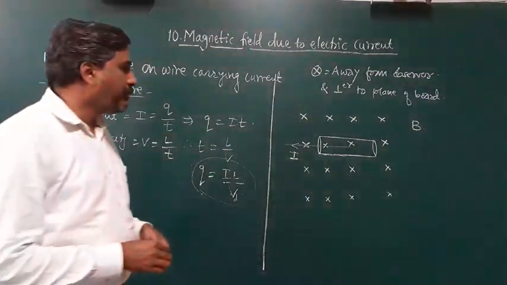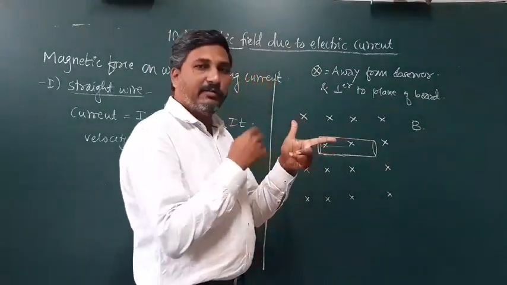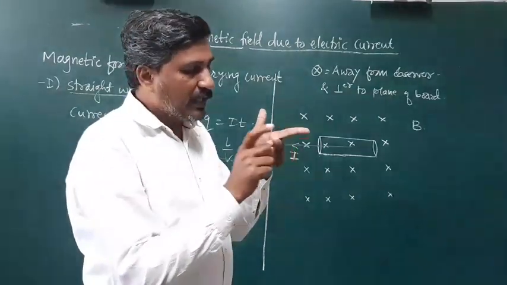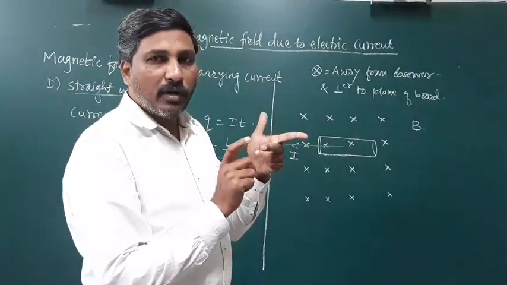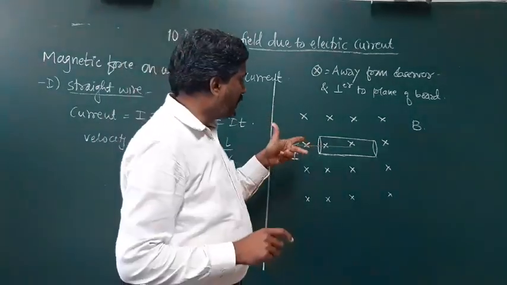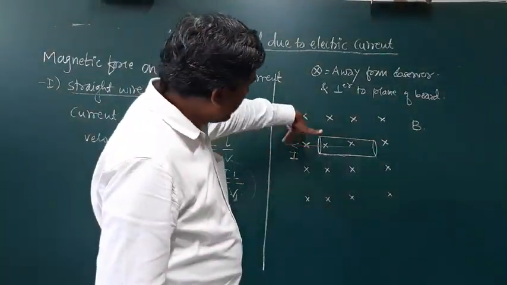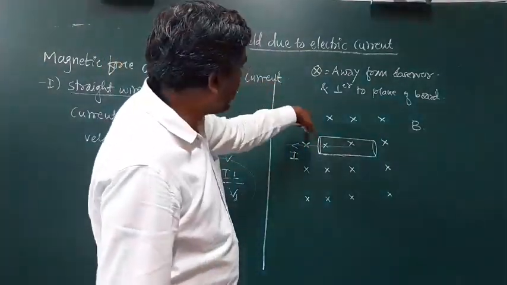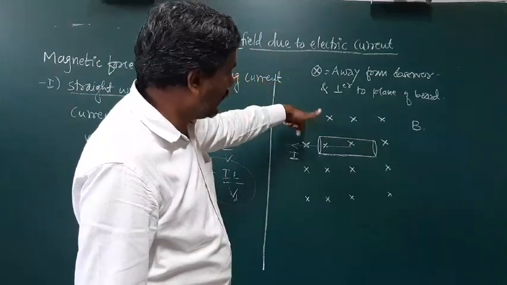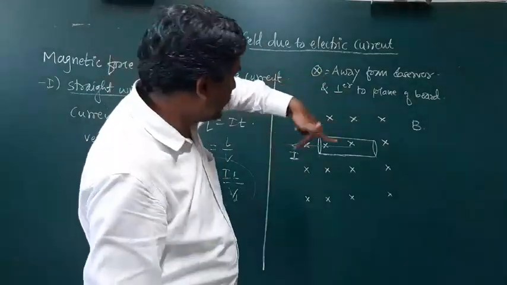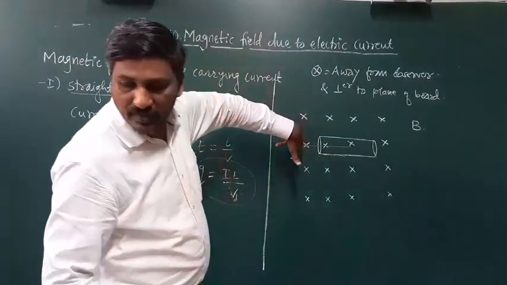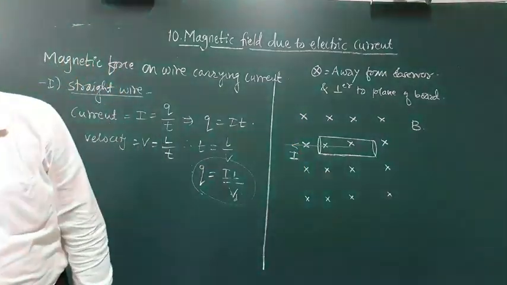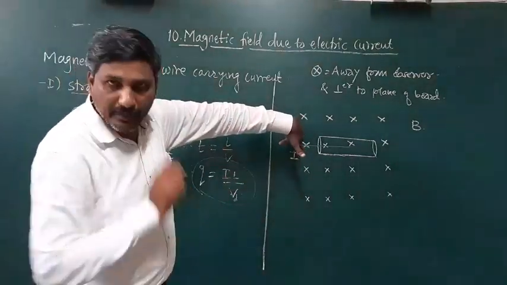See here, as per Fleming's left hand rule, this is my force, this is my magnetic field, first finger and middle finger is the amount of current flowing through it. Now is it clear? This is in this way. This first finger indicates the magnetic field, so the magnetic field is entering here. This middle finger indicates the direction of current, and now the force is in the downward direction. The force acts downward if the magnetic field is in this way.